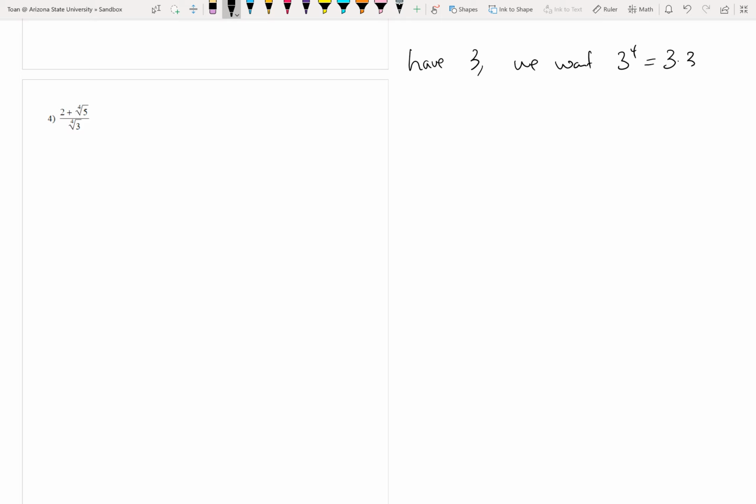Now 3 to the 4th is just 4 3's. I hope it doesn't take a lot of thinking to know that if we have 1 3, we want 4 3's, we need 3 more 3's. So I'm going to multiply by the fourth root of 3 cubed. That means 3 more 3's. But of course, what you do to the denominator, go ahead and multiply to the numerator. So distribute, we get 2 fourth roots of 3 cubed plus the fourth root of 5 times 3 cubed, which